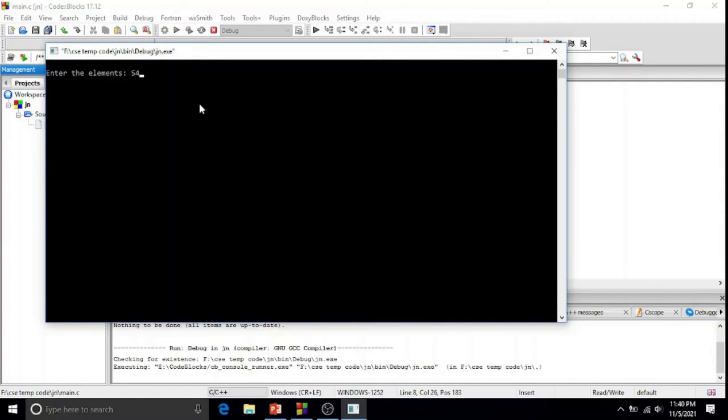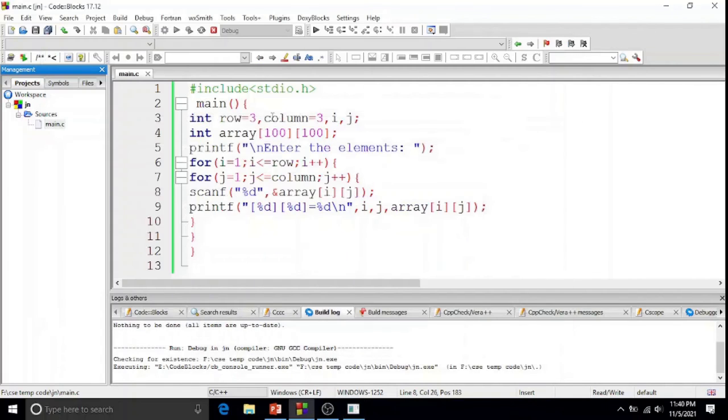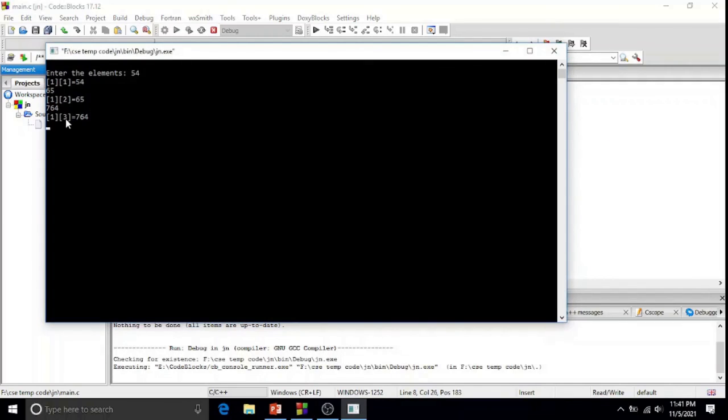now, let's say we enter any element. So first row, first column, it has been set as this element. Okay, and again if we type in another element like 65, then first row, second column, 65, and we can keep doing this, and we can see that the columns are getting filled with the elements, but the row is still the same. Now because the column is 3 and it can't be greater than 3, there won't be any column as 4 or something.